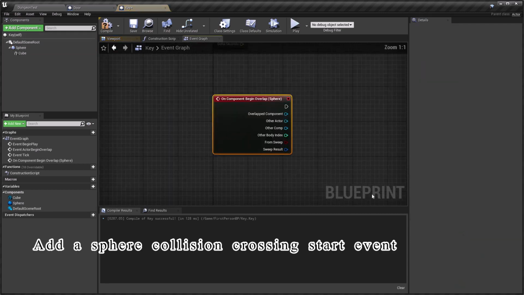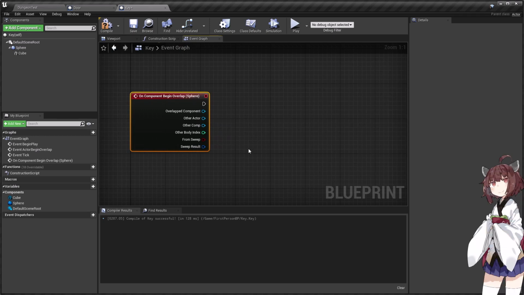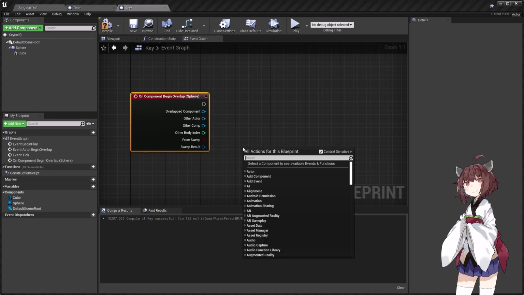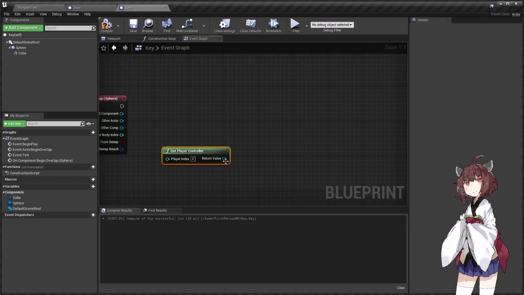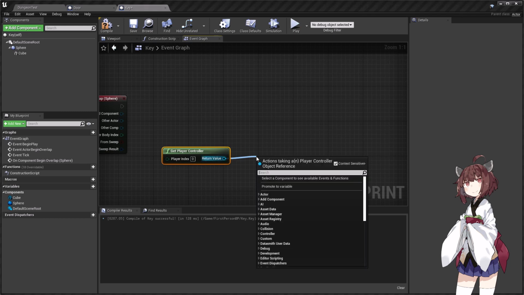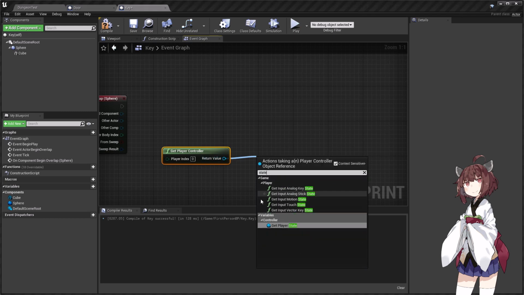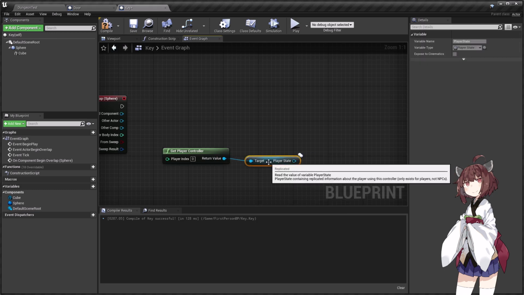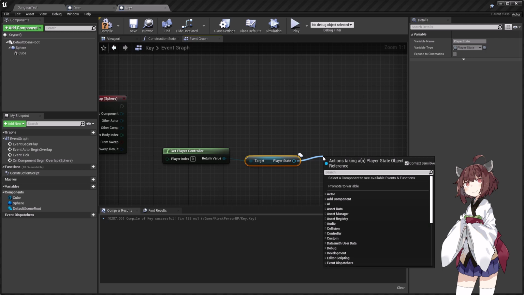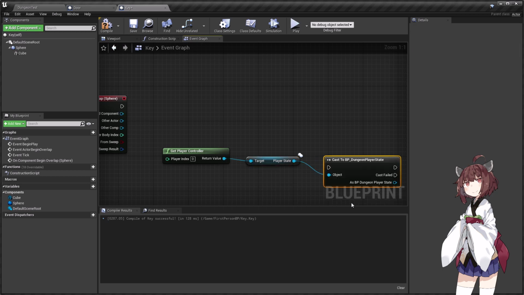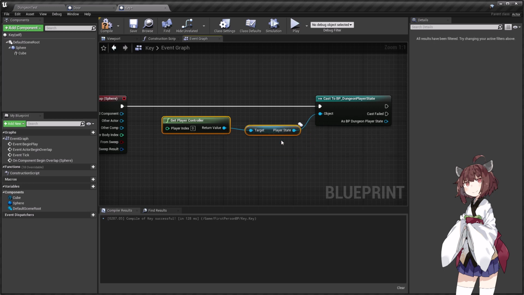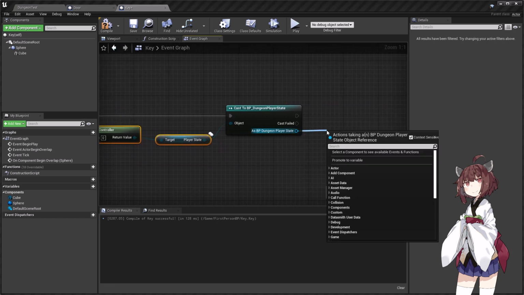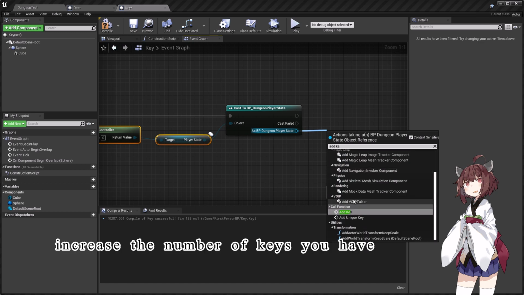Add a sphere collision begin overlap event. Increase the number of keys you have.